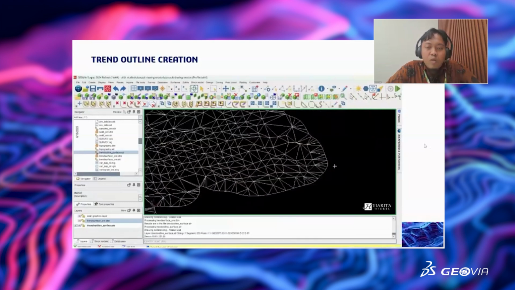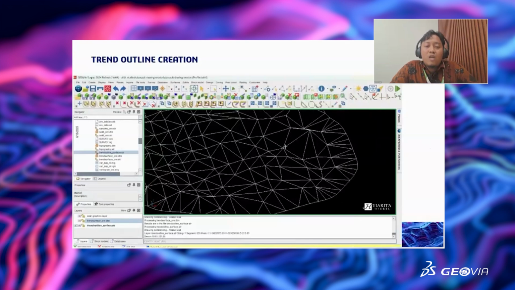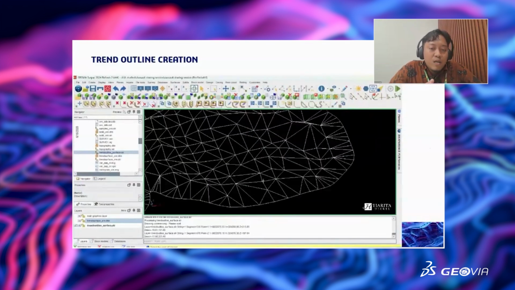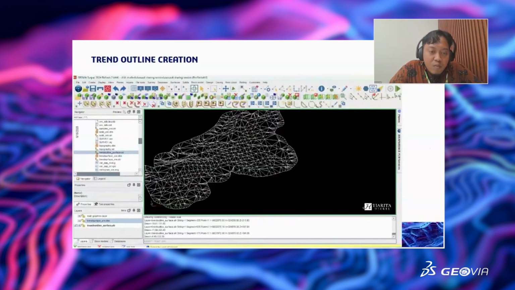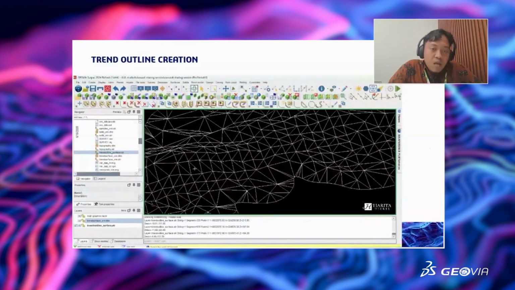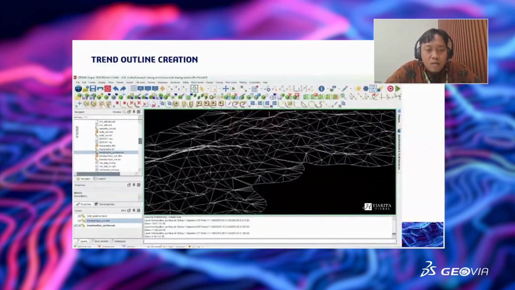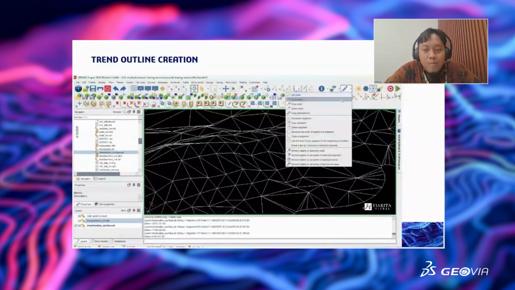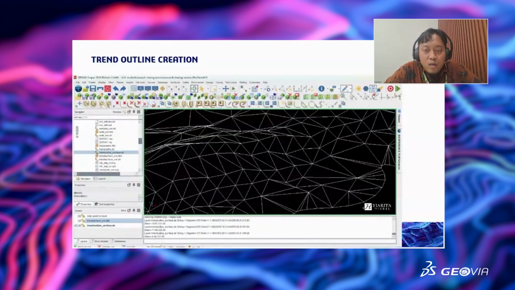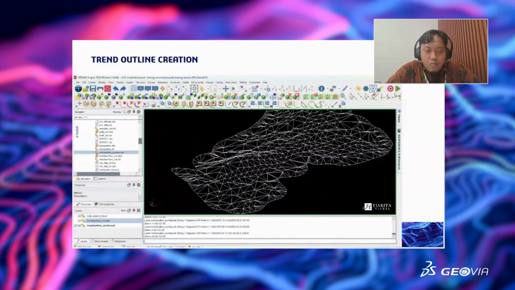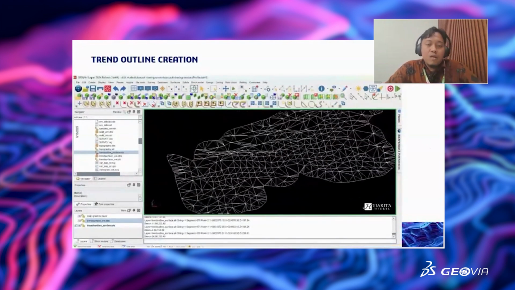Here, when we have the information of the flat area, the dip is lower than in the steep area. Here the flat area will be 4, and in the steep area, I will show you here, the dip value will be bigger than the flat area, minus 26 something like that.